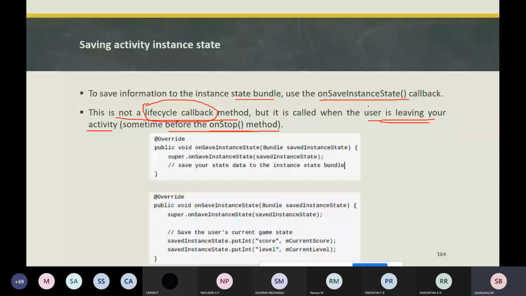So how are you going to implement it? You need to override onSaveInstanceState, passing the bundle, where this bundle object is a collection of key value pairs.